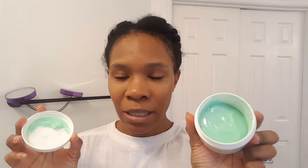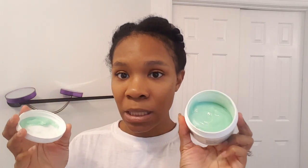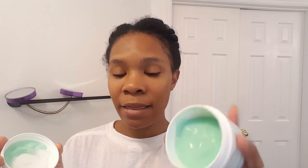This one smells almost like Bengay, or maybe like a little bit of Vicks Vapor Rub, but it's not as strong of a smell, but it's similar. So I've been applying this and the oil mixture that I made for about 2 weeks now, and this is what my edges are looking like. And postpartum shedding, your hair normally comes back by the time your baby turns 1. I just wanted to see if something would speed up that process. So